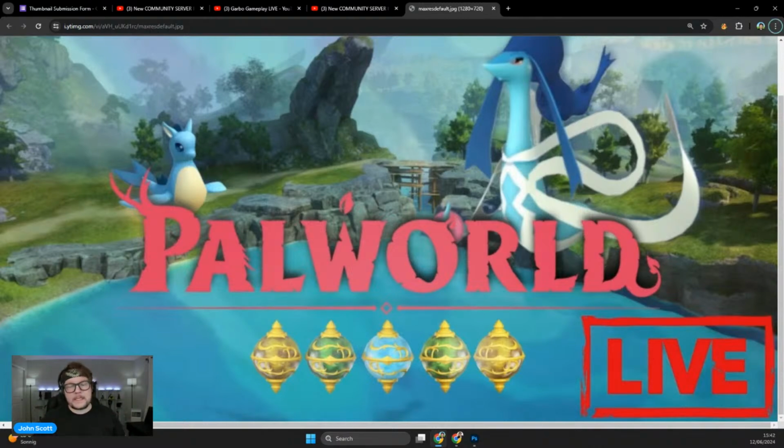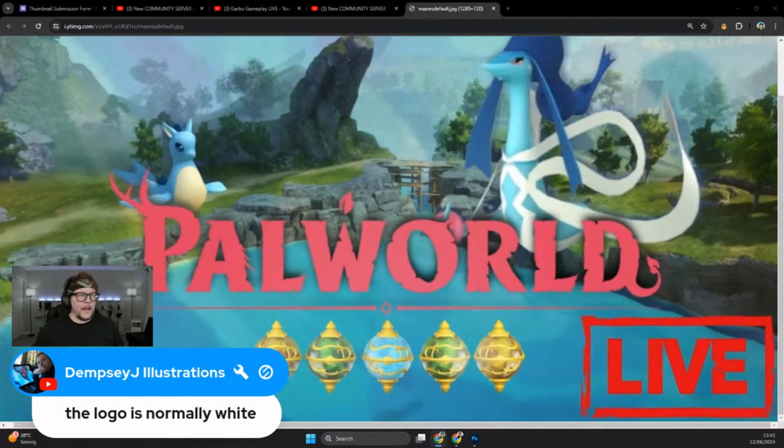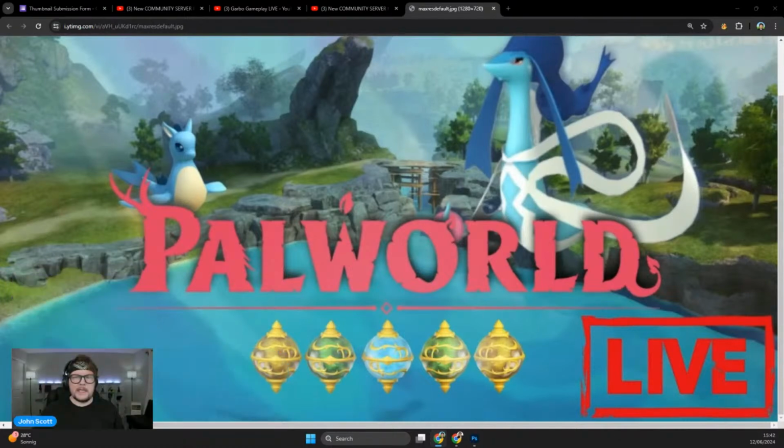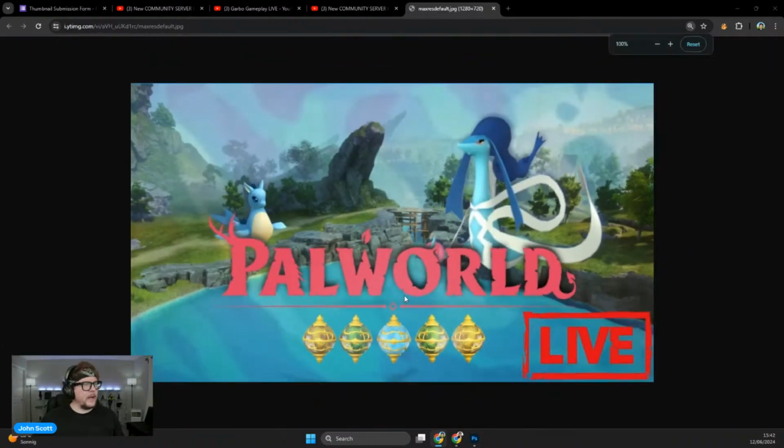I saw somebody say a second ago that the logo is normally white. There it is. White would work better, I think. I think the pink is definitely out of place here, just a little bit. If you did go with white, you would probably want to thicken that drop shadow up just a little bit, and maybe throw an outline around it just real small, because you've got this white behind it. If you just left it as plain white, it would blend in with that, and it would just be tough to see.